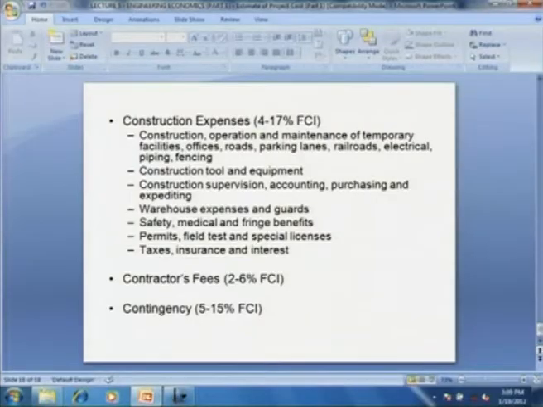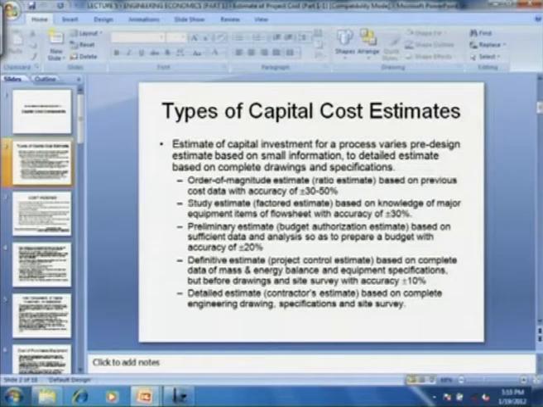Sometimes, let us say, roads get blocked due to rain, then the cost of additional transportation facilities, and so forth. So contingency is the funds required for unforeseen expenses. Let us say suddenly some equipment breaks down and the cost of repair is significantly high, then it is paid through contingency grant. So that was the typical structure of the fixed capital investment and working capital. Let us see the typical cost estimates.